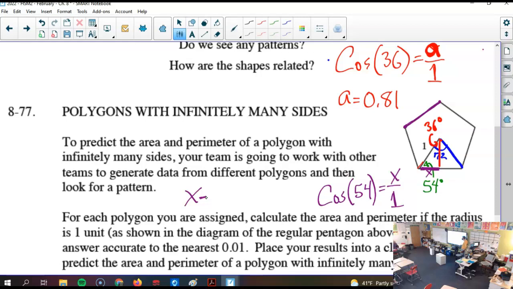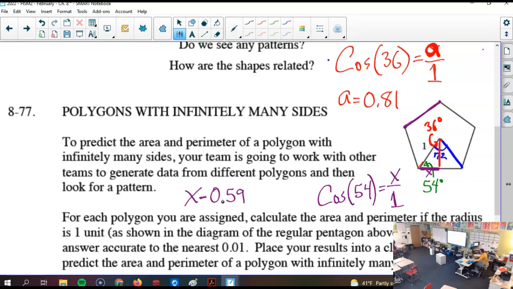Well, X isn't all that useful. I guess it's 0.5877785252, so 0.59. I would like to argue that X isn't all that useful. How are you going to find the perimeter without X? Well, you can just do 10 times the cosine of 54, and use the cosine of 54 because it's more accurate, and then you're not doing rounding, and then just for your end result, you can put the